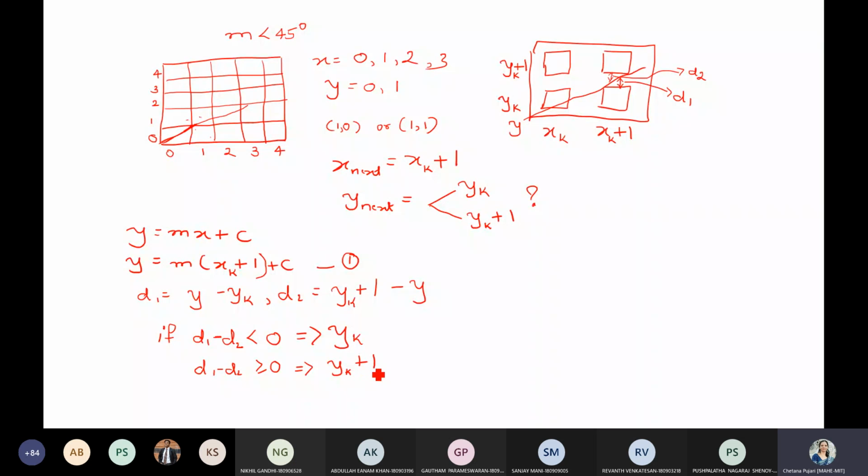Fine. So please take this down, then I'll move to the next slide. Once you are done, let me know, and if you have any doubt here, you can ask. Make sure you take this down, because I think today the entire class will go on this derivation followed by the algorithm. You have this drawing as well, so that at a later stage when you're trying to recall things, it's easy to understand.